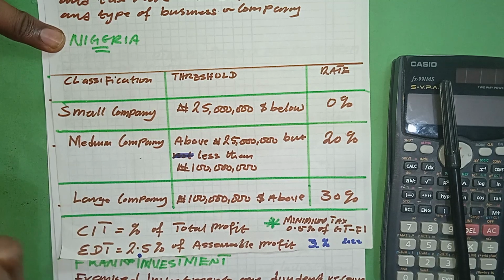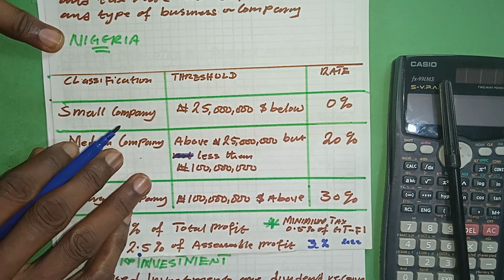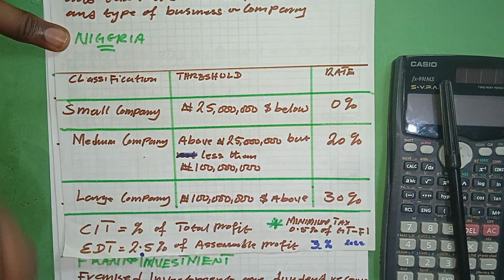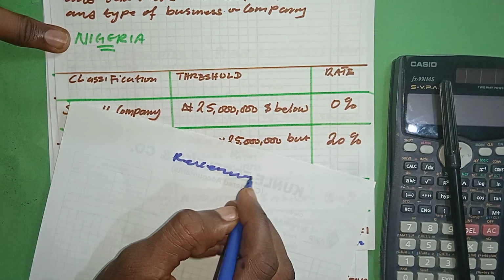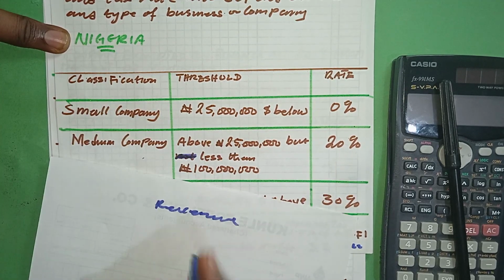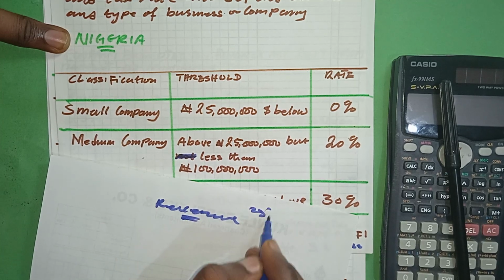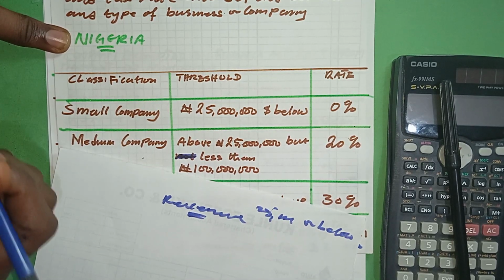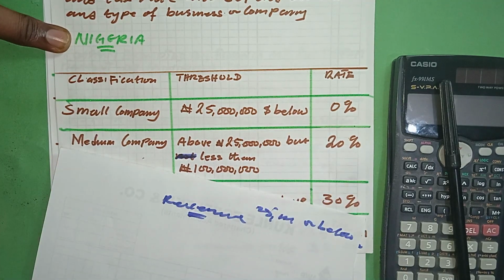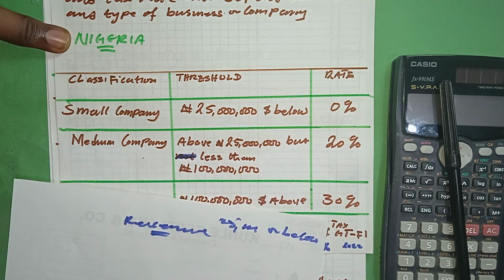Now let's look at the rate that Nigeria applies. For a small company in Nigeria, you must have made 25 million naira and below of your revenue. The total revenue you made for that year must be 25 million or below. 25 million and below, then you pay 0% of the CIT, your company income tax. You pay 0%. That is to say, you are not paying anything. It's a way of encouraging